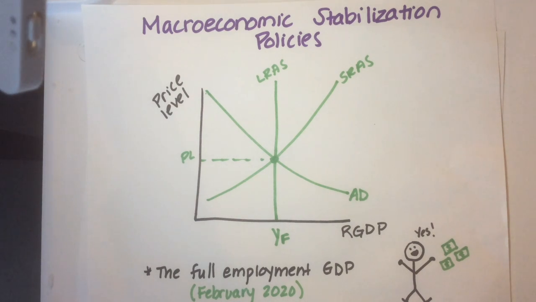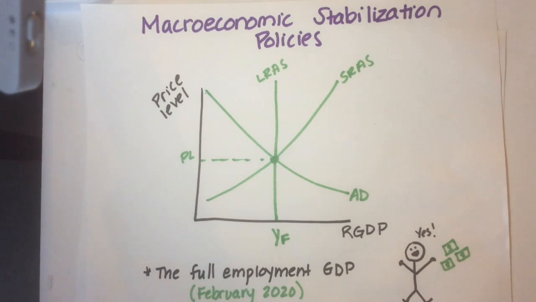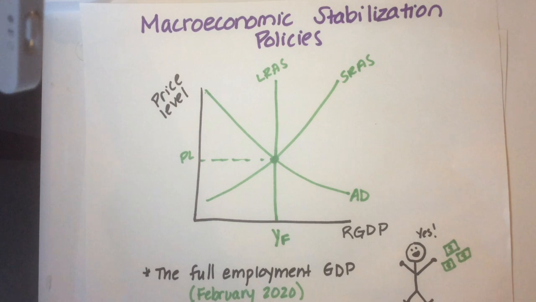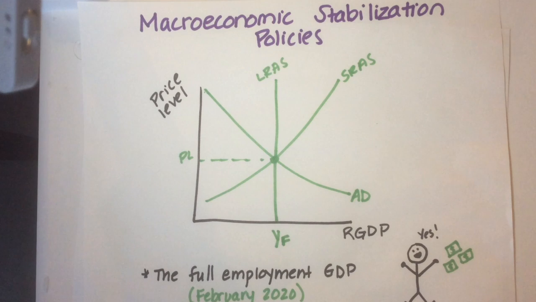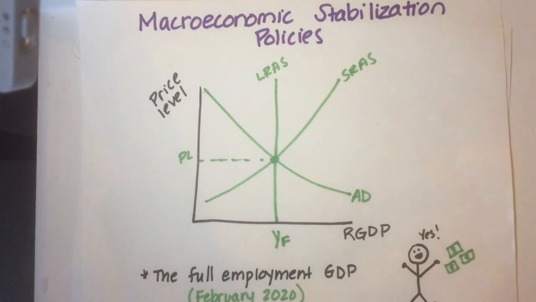So anybody who tells you that economics has nothing to do with real life has not been paying too much attention to everything that's been happening in the last month. Only 1 month ago, in the good old days, in February 2020, we were at the full employment level of GDP. What did that mean? That means that everybody who wanted a job basically had a job, that we were at the natural rate of unemployment, that the economy was strong, that people were making money, that they were buying things, that firms were selling things, and that is macro equilibrium.